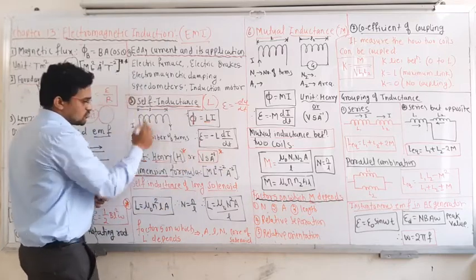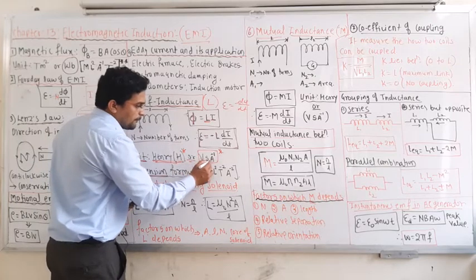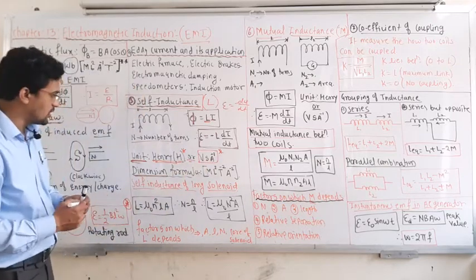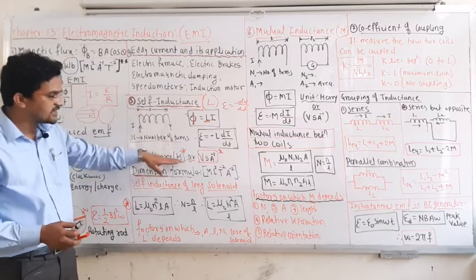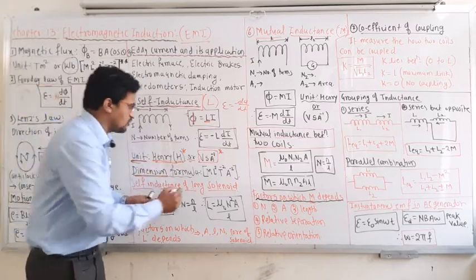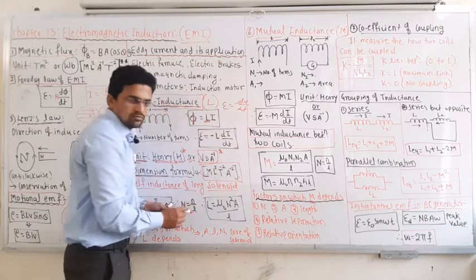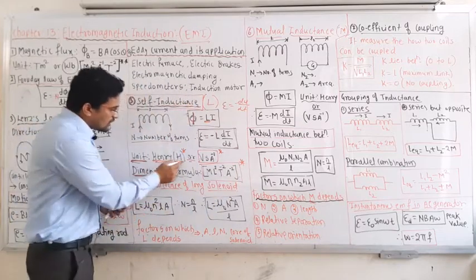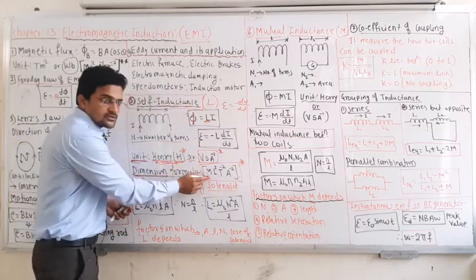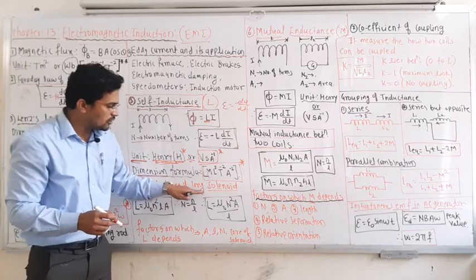What is the self inductance unit? Actually it is Henry, but it can also be written as volt second per ampere. Okay, next is the dimension formula of this self inductance, that is Henry. So remember this dimension formula: M L square T minus 2 ampere raised to minus 2. You also have to remember this dimension formula for the Henry, or for self inductance. Next is self inductance of a solenoid, a long solenoid.